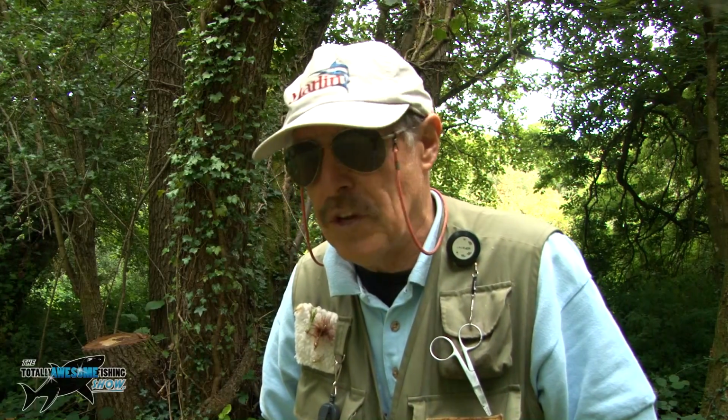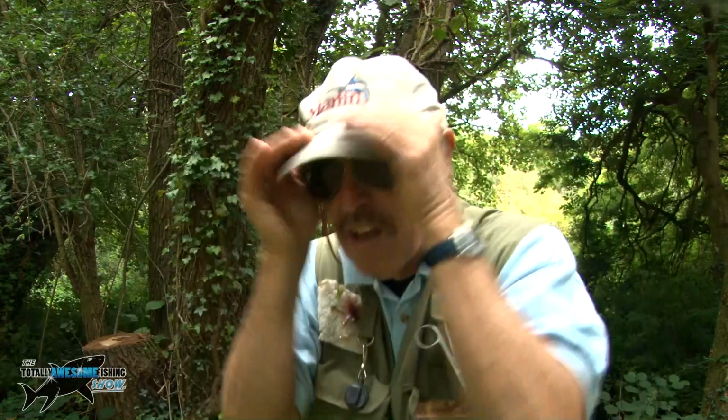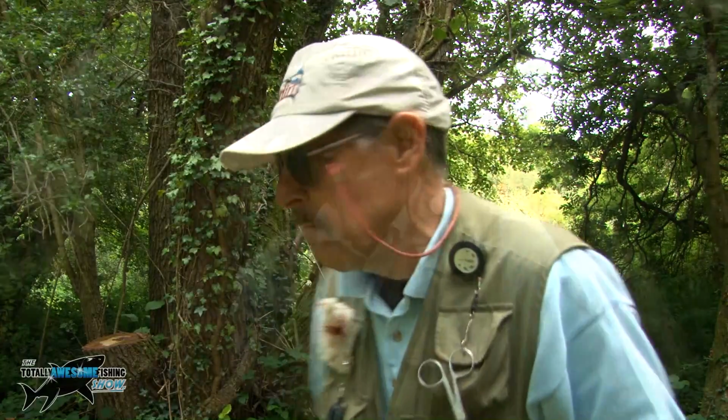So for spotting fish, cup your hands around. I've done a lot of barbel fishing over the last 30, 40 years. The only way to see the fish is to cup your hands over. Now then, spotting these